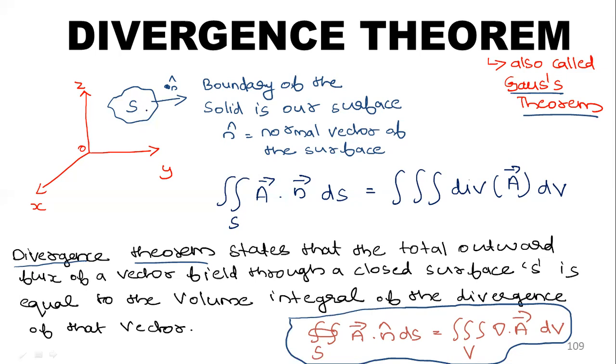We are considering a surface S. A surface has a normal vector. There is a normal vector and there is a vector A in that. So our vector